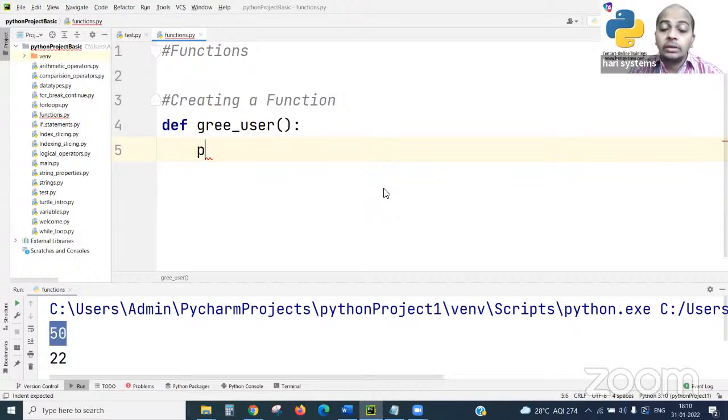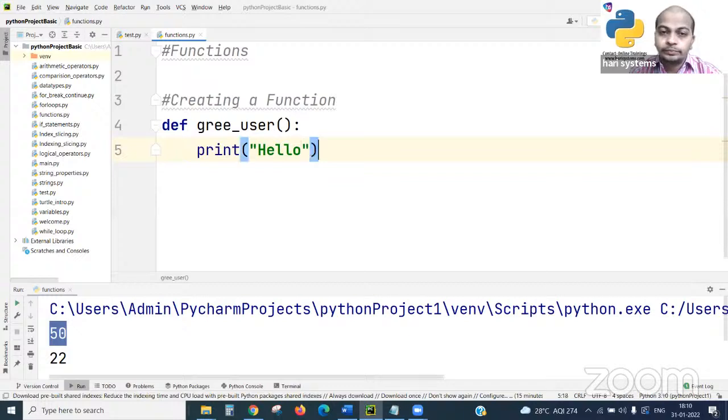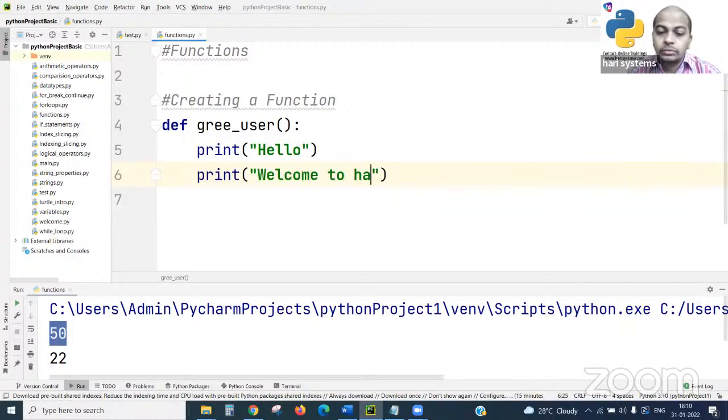What I'm writing here: print hello. Without parameters, we'll try to start first. Print hello, and print welcome to Academy or Harisystems.